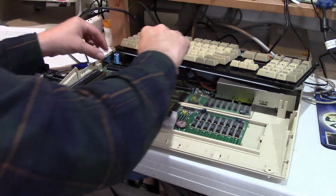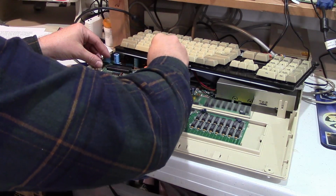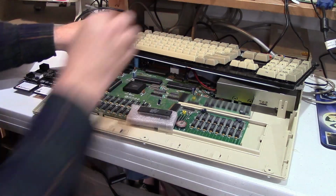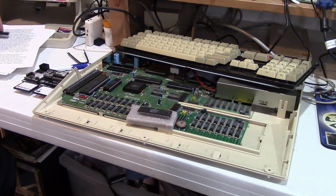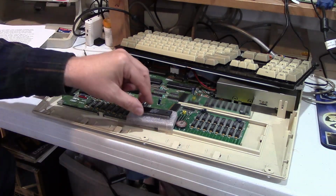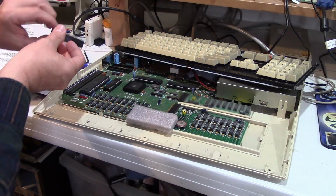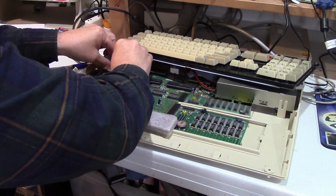And out with the old. I'll just use this little prying tool to get it up. I do have one of those chip pullers, but they're more for ROM chips, and they're a little bit too short for the NTSC chips. So we'll just carefully pop that out, and of course we'll match up the little notches, and we will carefully put our new NTSC in,